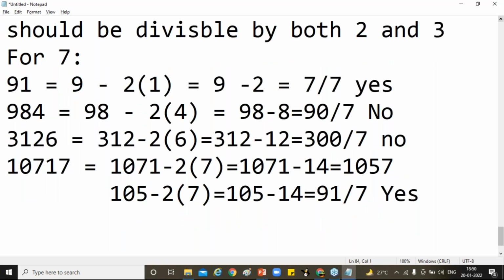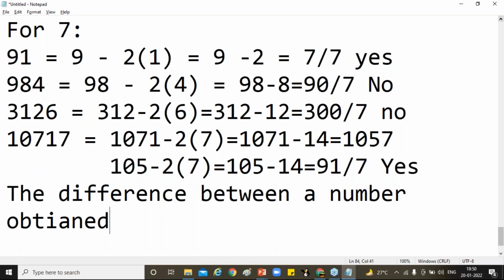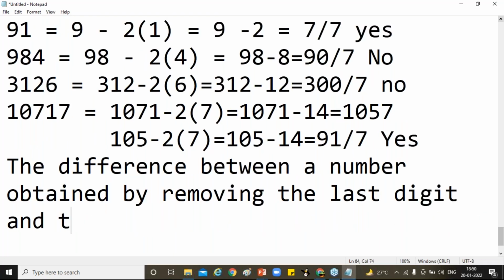For 7, the difference between a number obtained by removing the last digit and twice the last digit